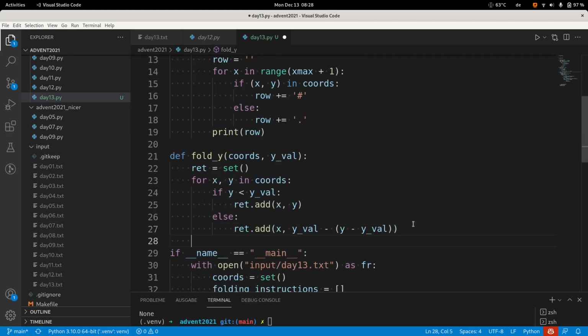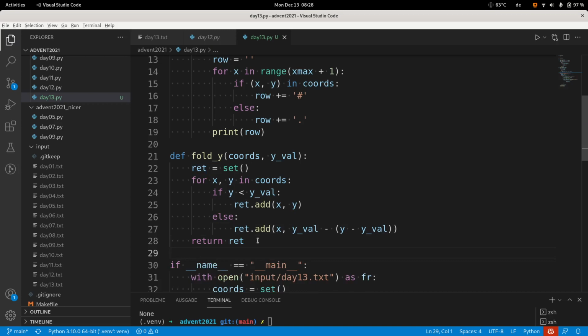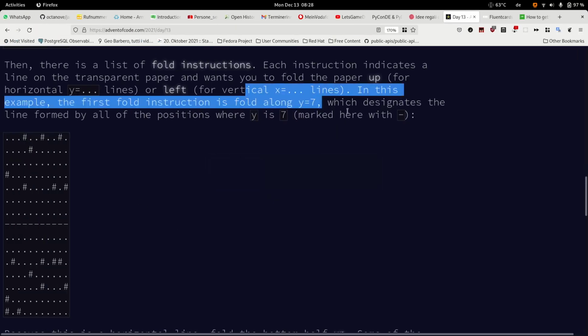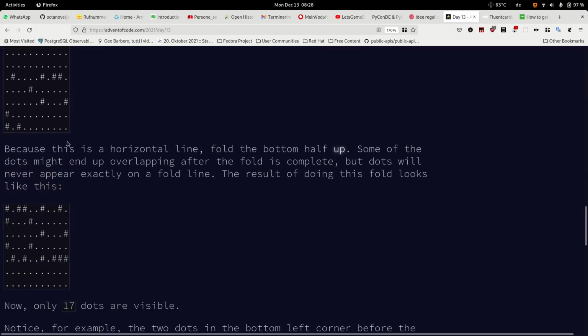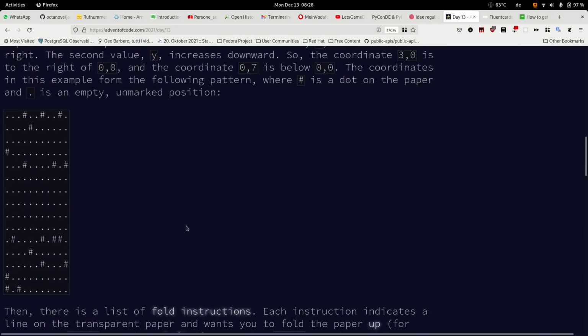And then I have to return. What? I return the ret value. Can we directly try this function? Yes, of course we can. That's why we wrote it. We have the visualization, and we can just simulate this part, this step. So I try to,